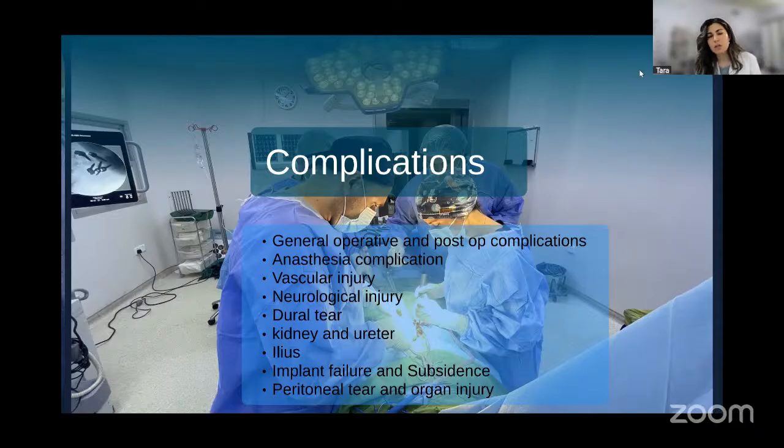The genitofemoral nerve would be over the psoas muscle, but it's a very minimal risk, and the sympathetic chain will be anterior to the vertebrae. Dural tear is also possible, but it's very rare. With the kidney and ureters, the preoperative study and imaging of the kidneys and their position should keep us safe from injuring them, and the ureters will be going with the peritoneum to the anterior, also a very minimal risk. Ileus and risk of subsidence in the studies were more in OLIF than in the other anterolaterals, but the other complications were either equal or less.